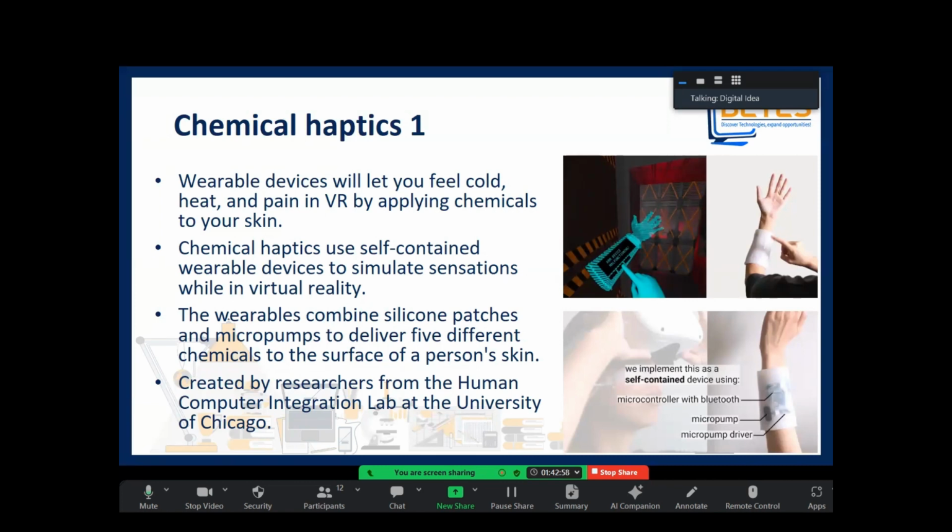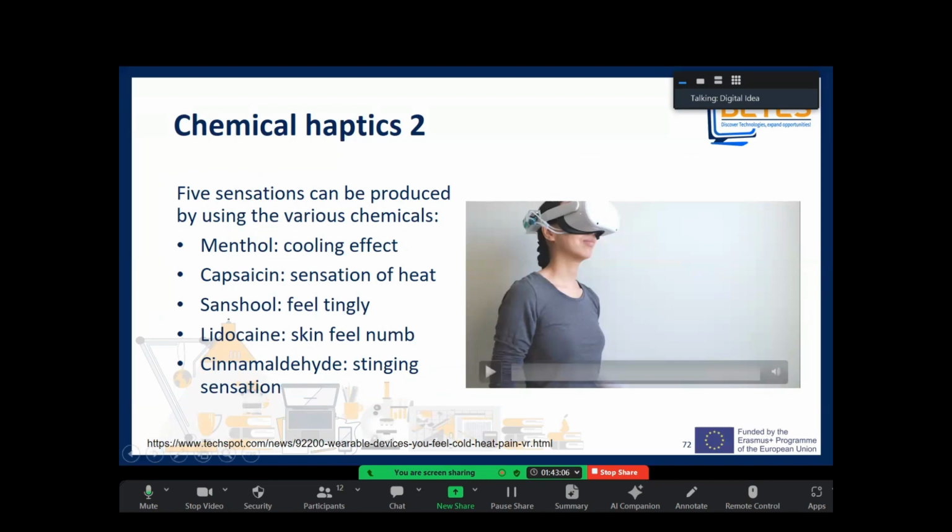A microcontroller drops chemicals on your skin, in particular menthol for the cooling effect, capsaicin for the sensation of heat, Sanshool for feeling tingly, lidocaine for making the skin feel numb, and cinnamaldehyde for a stinging sensation. So when you enter a room and it is a very hot room, you wear your gloves, your